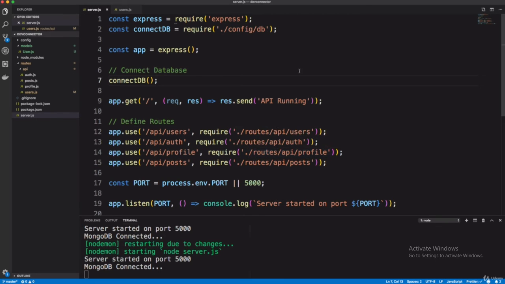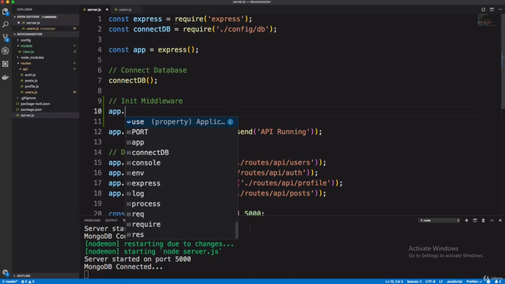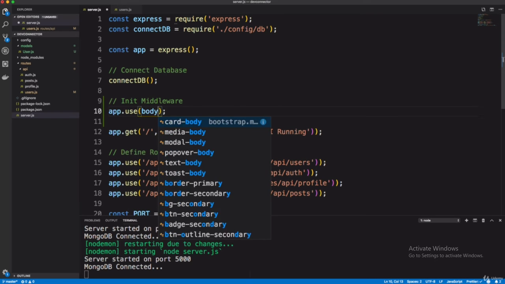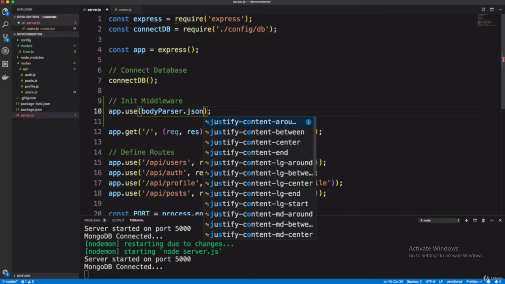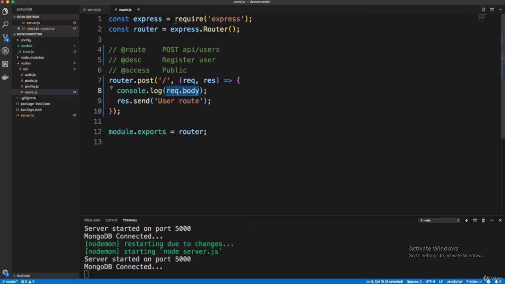Here in the server.js you should require body parser. Now body parser is by default a part of Express, so you can use it as a middleware. app.use body parser.json and extended, express.json and extended equals to false, right? Save the file, and here as you can see when we go to Postman